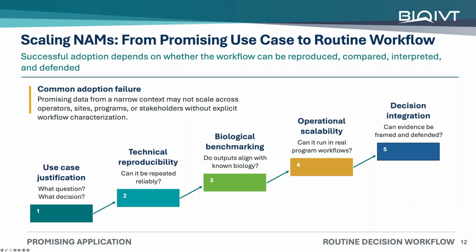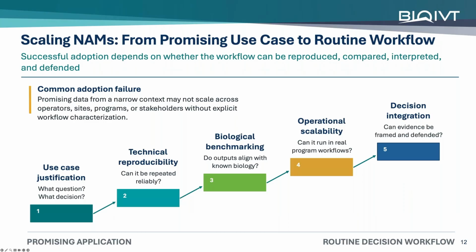Those may sound like operational questions, but they have direct scientific implications. If the model behaves differently every time the operator changes, we need to understand why. If a critical biological input can't be sourced consistently, that may define a practical boundary for the model. And if the analytical burden is so high that the workflow can't realistically be deployed, then even scientifically strong data may have limited impact in routine development.